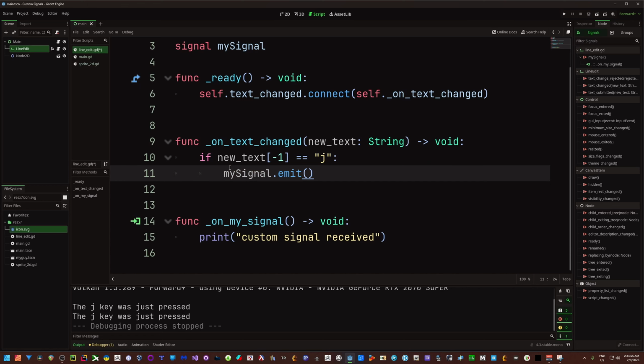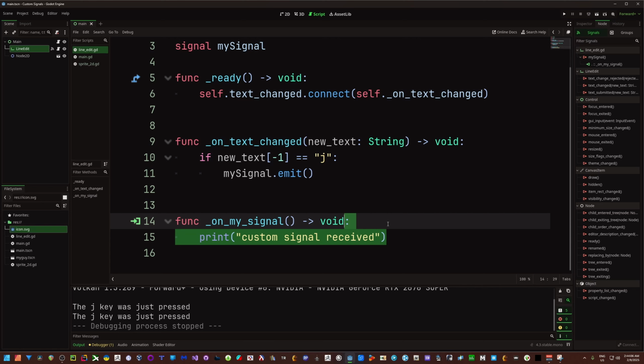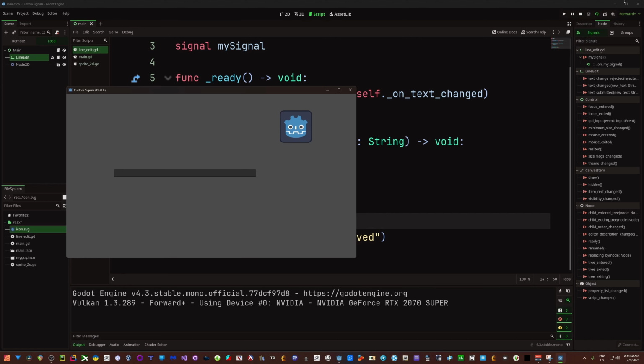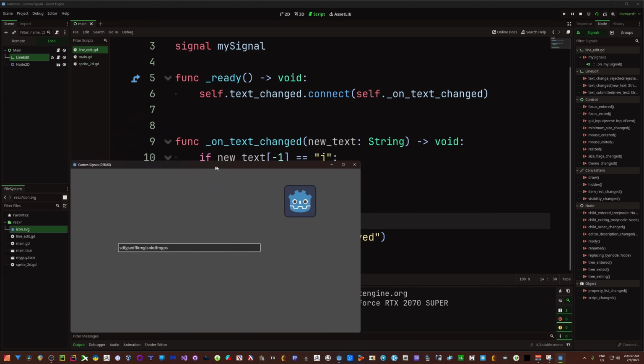That's a function. Okay, just wanted to make sure I wasn't crazy there. So we're just going to do that, and that's going to send out our signal and broadcast it out to whoever's listening for it. In our case, we are listening to ourselves to catch that signal so we can print this out. So we can go ahead, type all this stuff, nothing happens, and then as soon as I hit